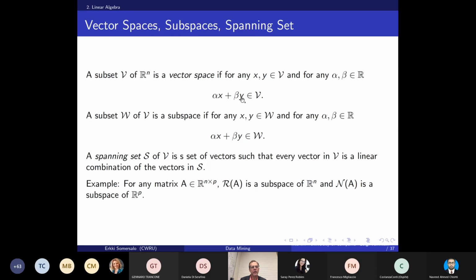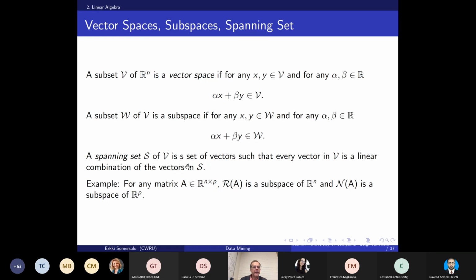So that's a vector space. Oh, sorry, that's a vector space to begin with. And now, if you have a subset of a vector space, and if that subset itself is a vector space, then we are talking about a subspace. So you can think of R3, which is a vector space, and then you take R2, where the third component of the vectors is 0, and that's a subspace. So it is a vector space which is embedded into a larger vector space.